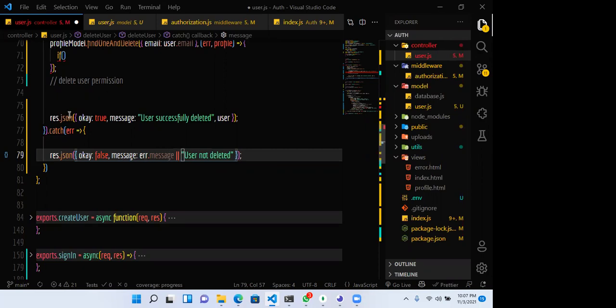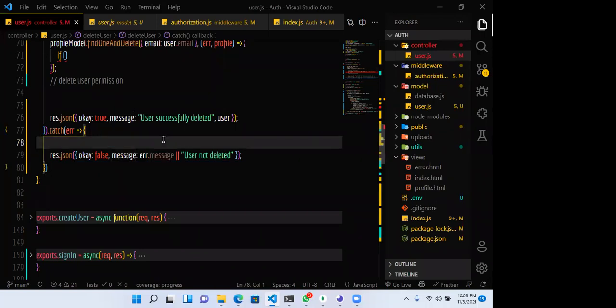Of course, before any code can come to this catch, you know that there's always going to be an error. So this catch block here is expecting an error. We're never going to get this user not deleted, because there's always going to be an error, and the error is always going to have a message. So error.message, or just use this as a default message. So let's just leave it this. Of course, I am telling you that we're never going to get this part here, because every error is expected to have a message, except maybe,